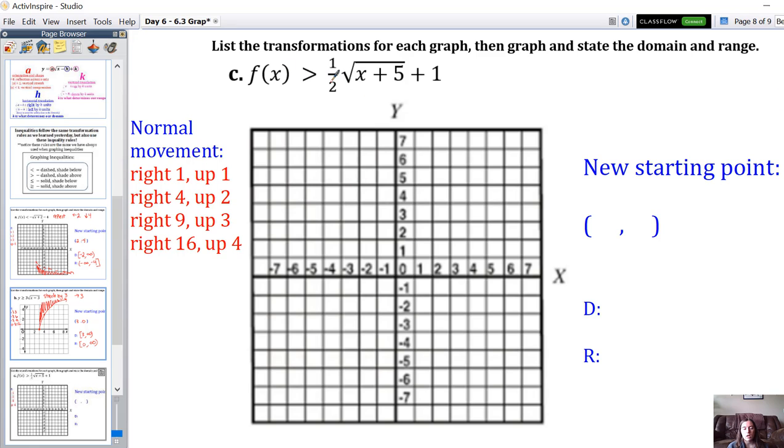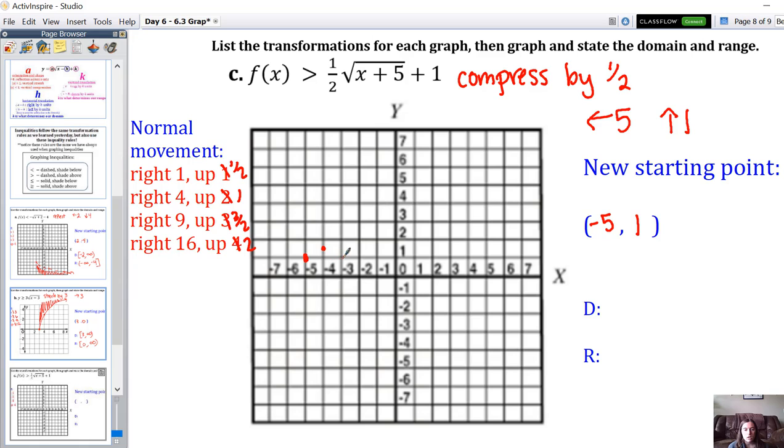F of x is greater than 1/2 the square root of x plus 5 plus 1. We're going to compress by 1/2. We're shifting to the left 5 and up 1. There's our new starting point at negative 5, 1. This 1/2 changes our up movement, so now we're going to go up by 1/2, up by 1, by 3 halves, and by 2. So then we go to the right 1 and up just a tiny little bit, to